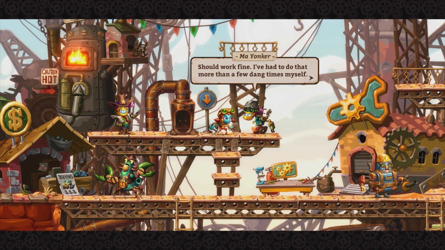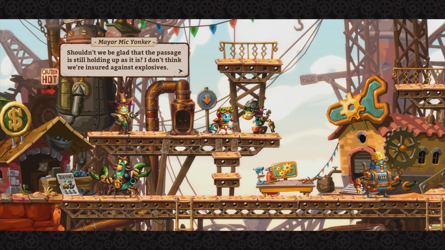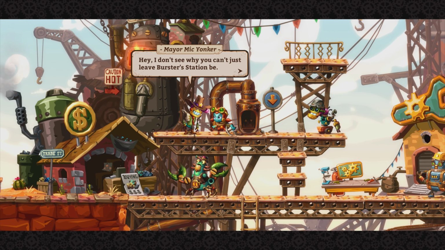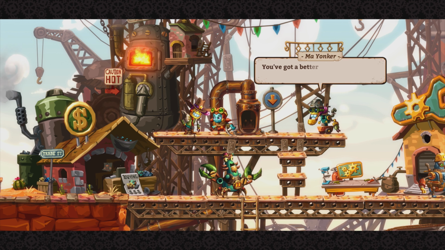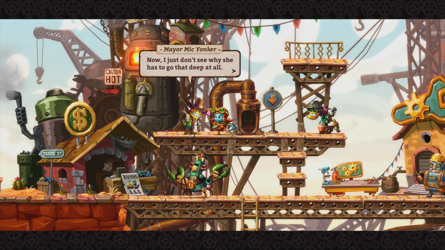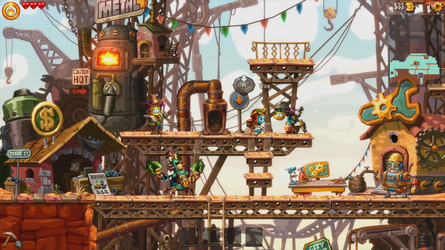It should work fine. I've had to do that more than a few dang times myself. Just head down to Burster's station and get them explosives first. Shouldn't we be glad that the passage is still holding up as it is? I don't think we're insured against explosive. I don't see why you can't just leave Burster's station be. Do we really need to resort to explosives like some crazy shiners? You got a better plan for clearing out the Red Rock Passage, son? No, don't see why she had to go that deep at all. I tell you though, all down there is more valuable than the stuff up here. Hey, there, of course. Well,